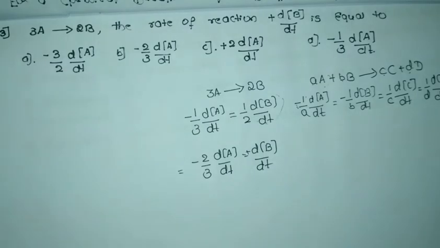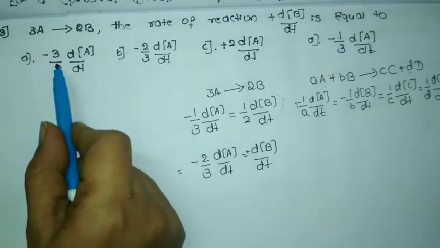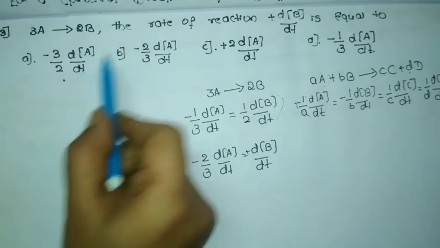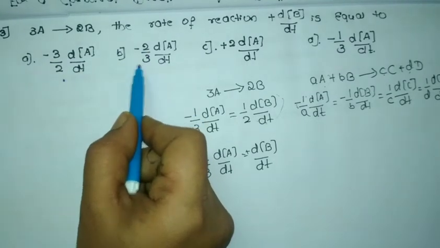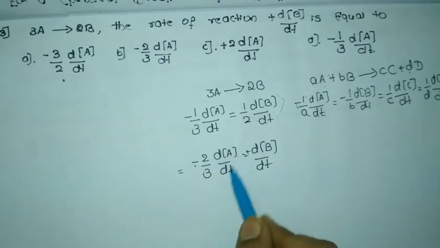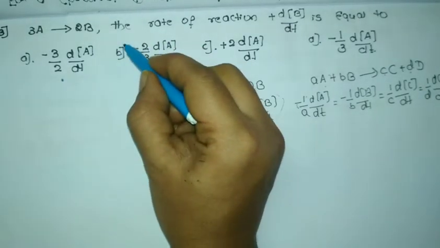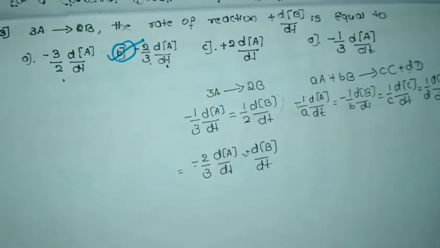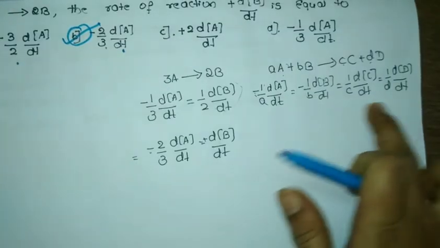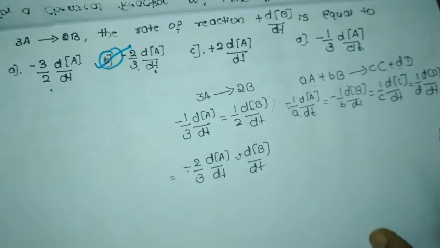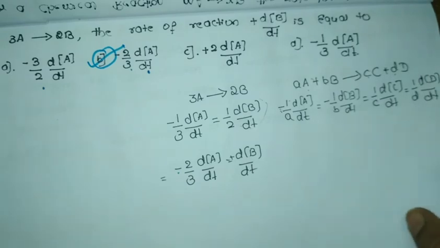So just compare with the answer. Where the answer has minus 3/2 over here, we have minus 2/3 over here. So the answer here is minus 2/3 dA/dt, so it's option B which is the correct answer. If you know this method of solving, then you can apply it very easily. So this is the third question from